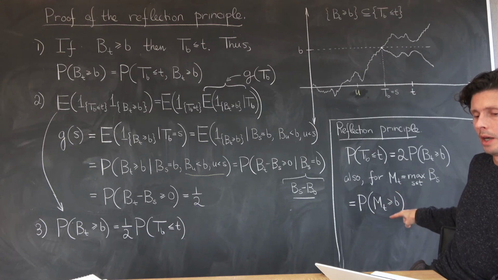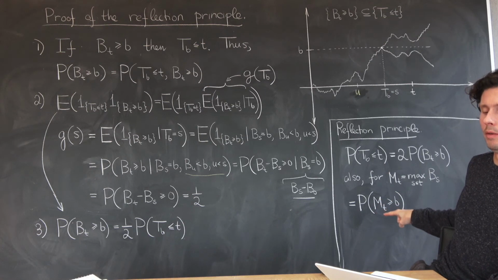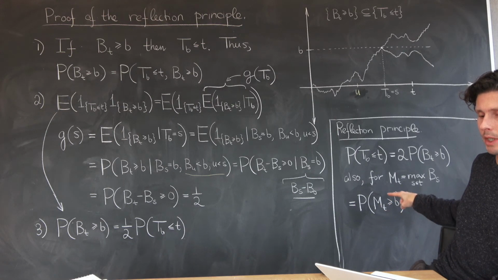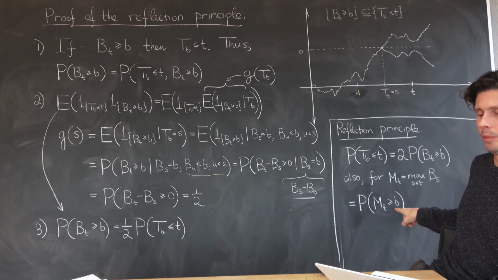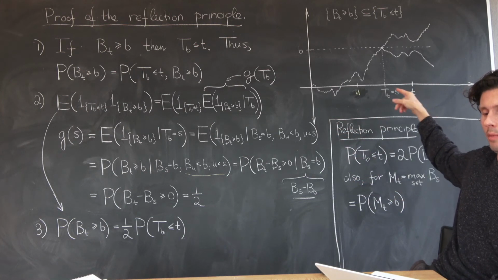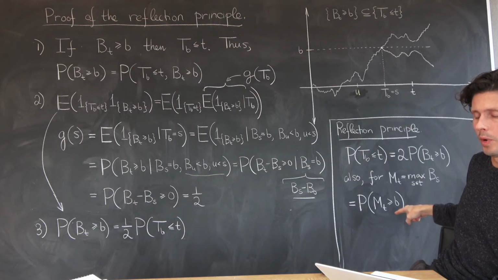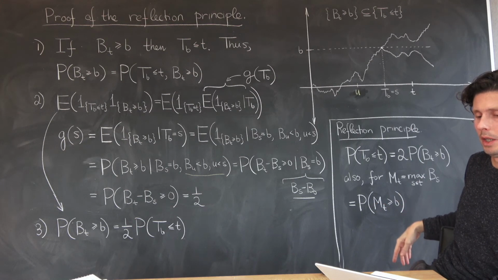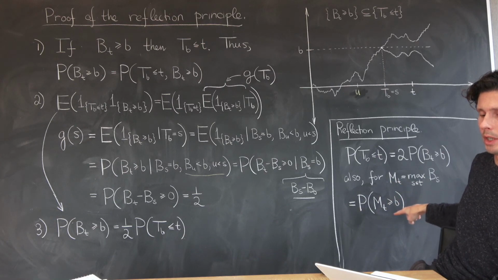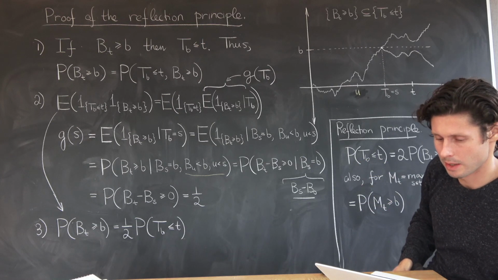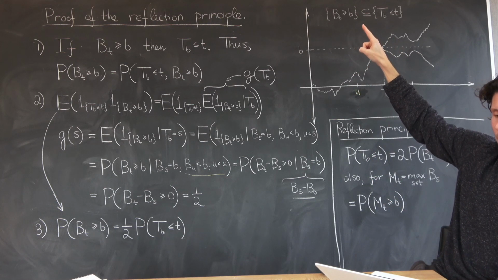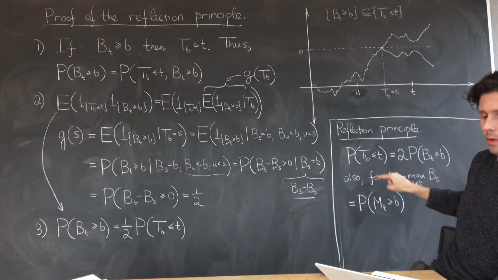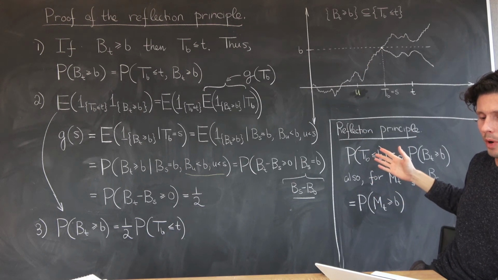And now to go the other way, if we know that the maximum of the Brownian motion exceeds the level B by time t, then what do we know? Well, if the maximum is exceeding the level B, then at some point before time t, the Brownian motion had to cross this level. Otherwise, the maximum would have been below the level B. And so you have the opposite inclusion. M_t greater than B implies T_B is less than t. And once the two sets are equal, as we went this way and that way, these two events are one and the same, and therefore their probabilities are the same.